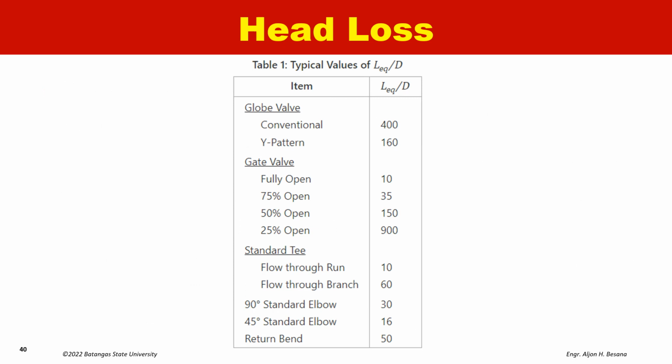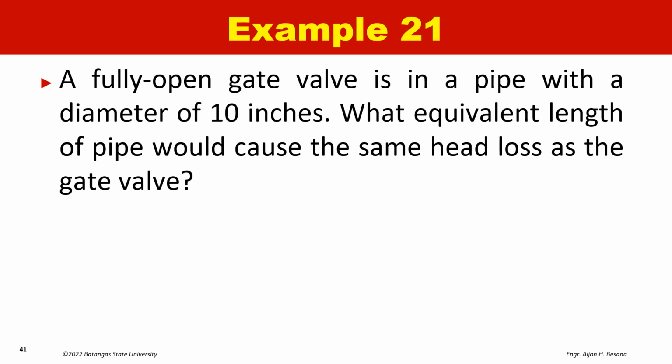So here are the typical values of the LEQ over D. We have a globe valve, conventional, is 400, Y pattern is 160, for gate valve, fully open is 10, 75% open is 35, 50% open is 150, and 25% open is 900, while standard tee flow through run is 10, flow through branch is 60, 90 degree standard elbow 30, 45 degree standard elbow 60, the return bend is 50. So for our example, let's